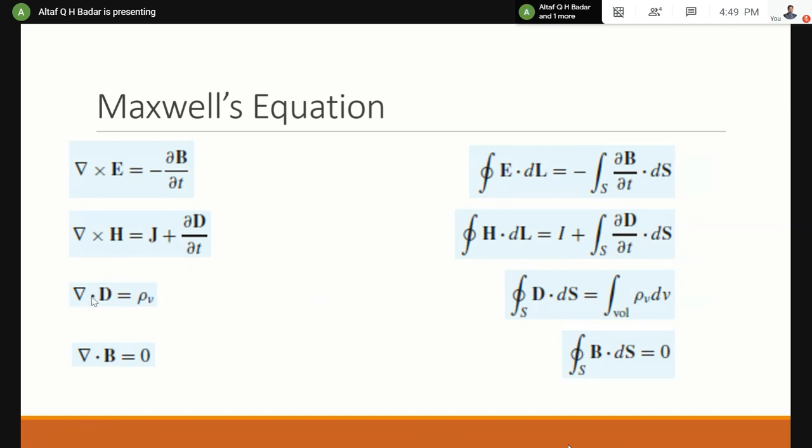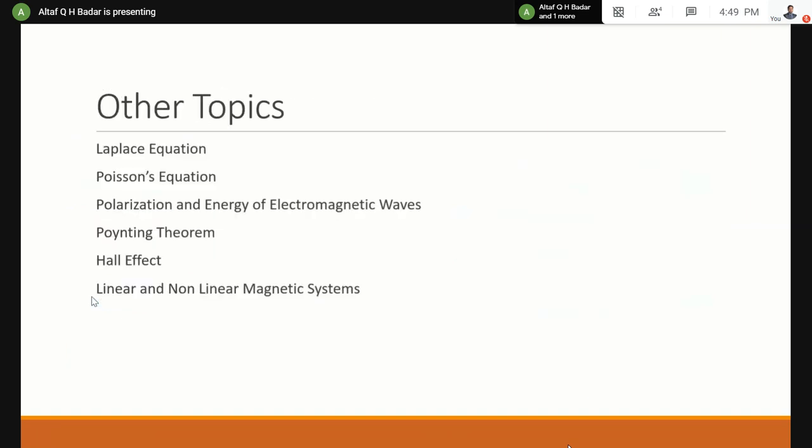Anyways, and then I just move to the last slide. And these are some of the equations, some of the topics which have been left off, and I don't think I've even mentioned them. Other topics I mentioned that these are the topics that you should go through. So Laplace equation is there, Poisson's equation is there. Poisson's equation and Laplace equations are approximately same. In one you get the output as density, and in the other one you get it as 0. And then there are certain rules also related to it.